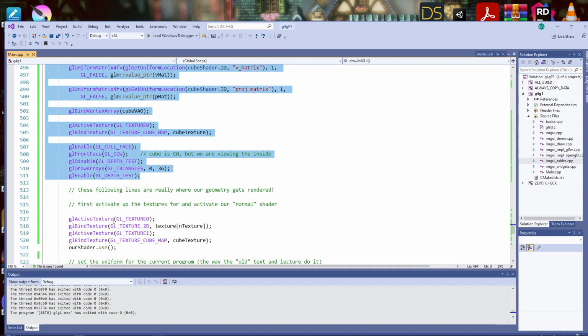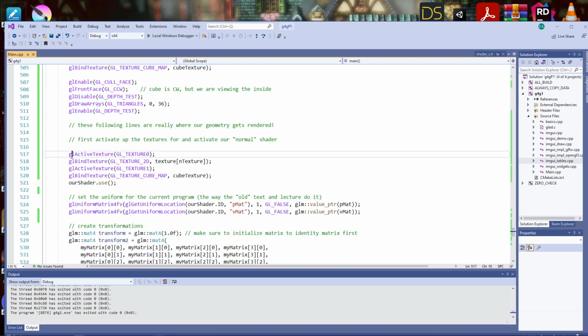And then after that, we set up the other textures. So imagine that's the first chunk. The last thing it does here, an important part, is GL draw arrays to draw that skybox in the background. And then it re-enables depth testing. Then we have the textures for our normal objects in the scene, which is the texture 2D, the regular texture, and the cube texture.